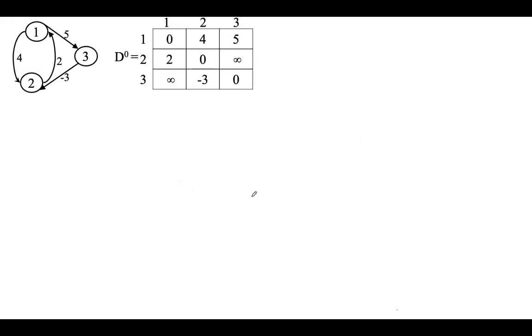So in the first step, this is the graph, the input matrix, and then we'll be taking vertex 1 as the intermediate node. That is, if I want to go to 3 from 2, I will try to go with intermediate vertex 1. That is 2 to 1 and 1 to 3. If you are going from 3 to 2, I will go through 1. That is 3 to 1 and 1 to 2.